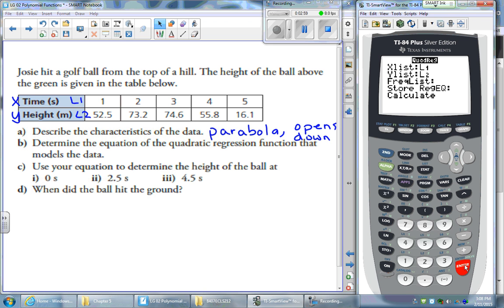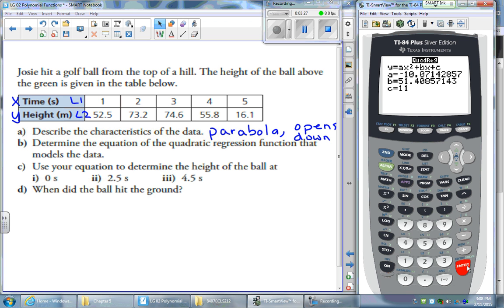Now it's saying that your X list is in L1 and your Y list is in L2. That's already done for you. And we want to store the regression equation into our Y1. So you're going to press vars. You're going to scroll right to Y vars. You're going to choose number 1 function, and you're going to choose number 1 Y1. You want the equation to be stored into Y1 after it's calculated. Now you're going to go down to Calculate, press Enter,